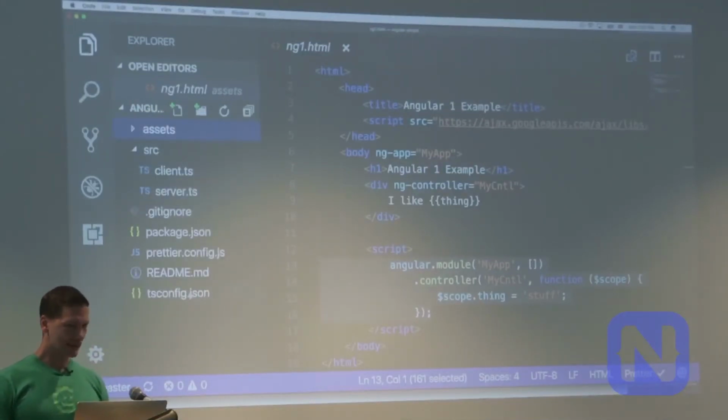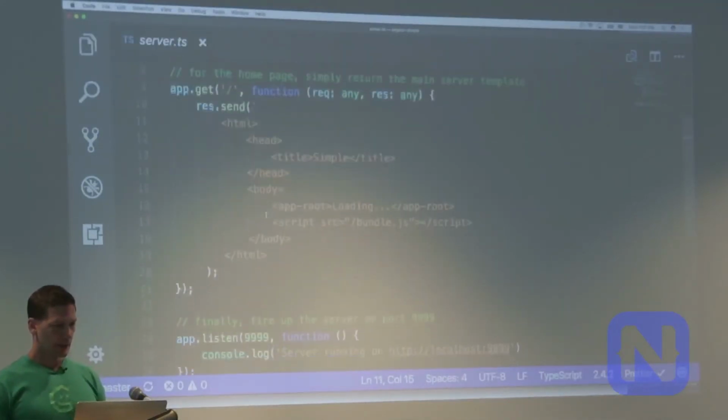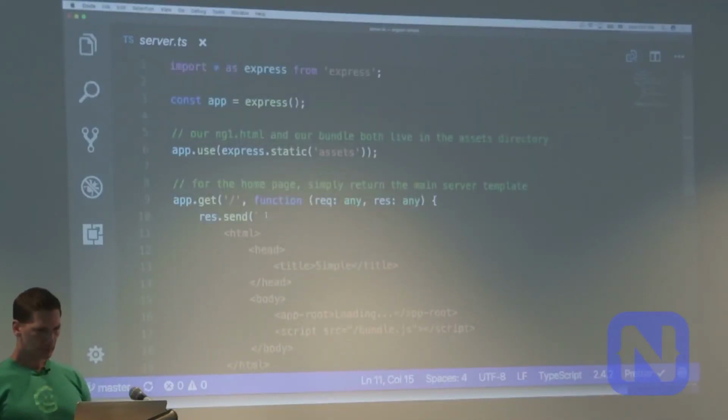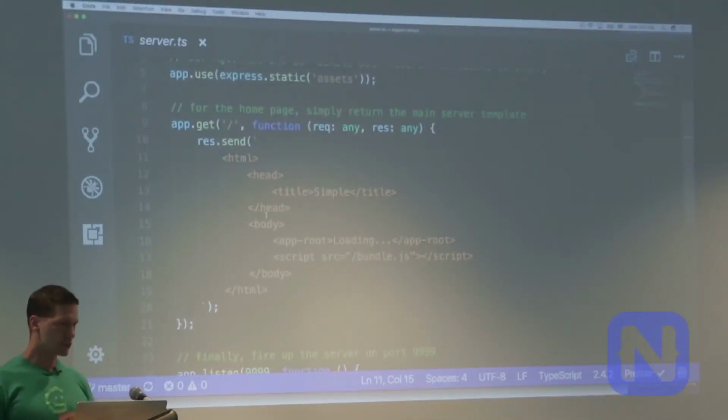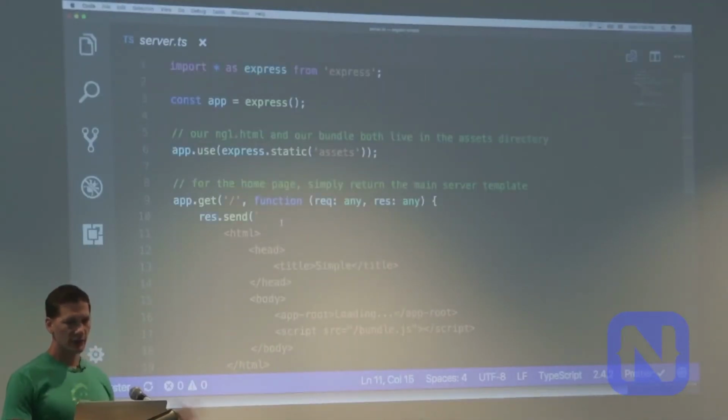Yeah, I have the package.json and that type of thing, which I'm not going to go over, all of this stuff that I would imagine most people know. But as far as source files, there's only two. So let's talk about the first one. The server: I was using my own Express server for this particular application. I found that actually when I tried to use one of the other mechanisms, it ended up requiring more files.